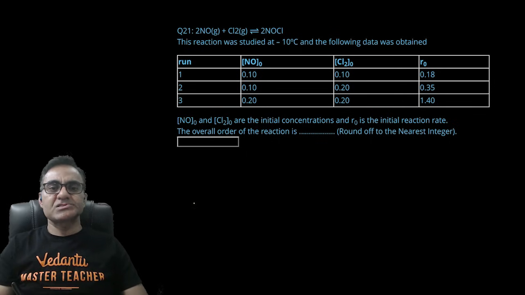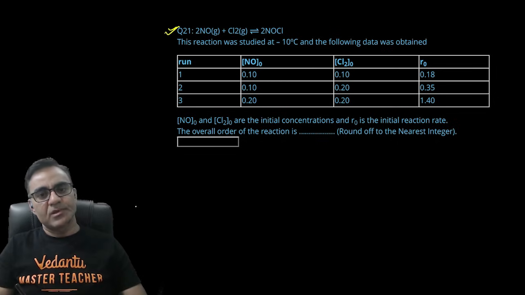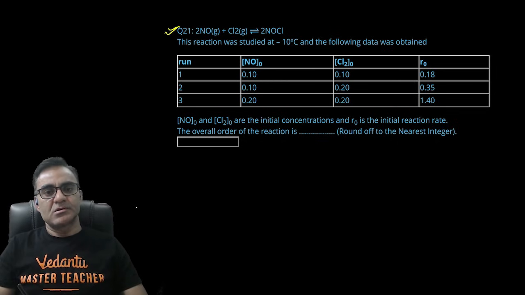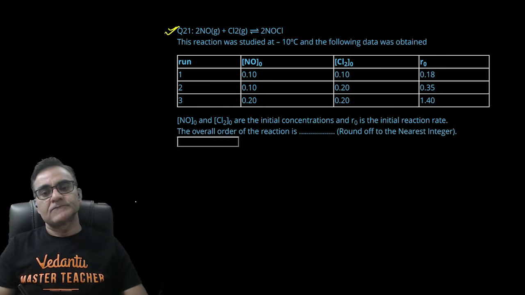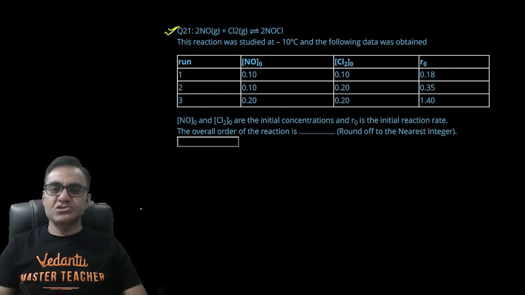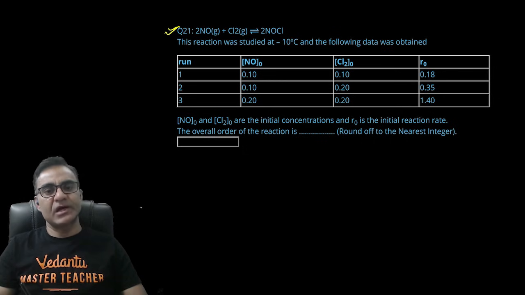ये केमिकल काइनेटिक्स का एक अच्छा सा क्वेश्चन है जहाँ पे आपको एक रिएक्शन दी हुई है। दिस इज अ वेरी गुड क्वेश्चन। दिस क्वेश्चन बिलोंग्स टू केमिकल काइनेटिक्स, जहां पे हमें एक केमिकल रिएक्शन दिया हुआ है, एक्सपेरिमेंटल डेटा दिया हुआ है, इस डेटा के बेसिस पे ऑर्डर ऑफ रिएक्शन निकालना है। तो NO के रिस्पेक्ट में निकालेंगे, Cl2 के रिस्पेक्ट में निकालेंगे,